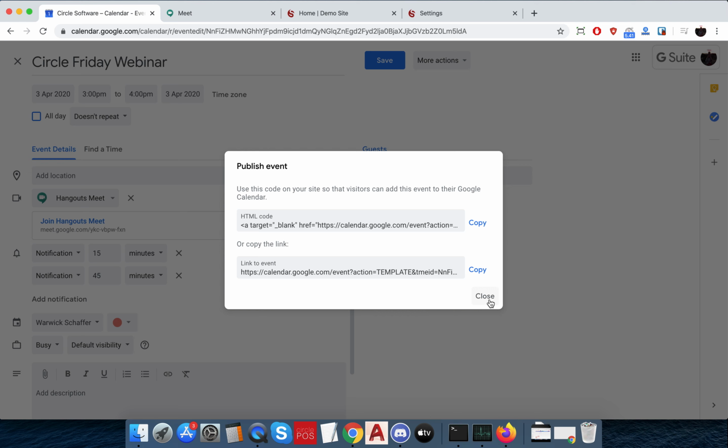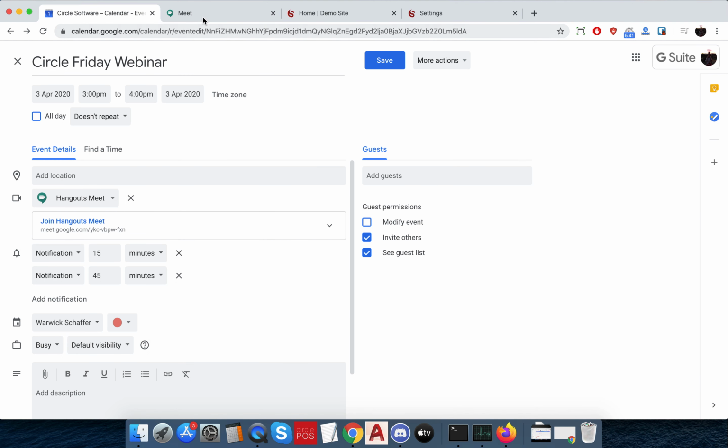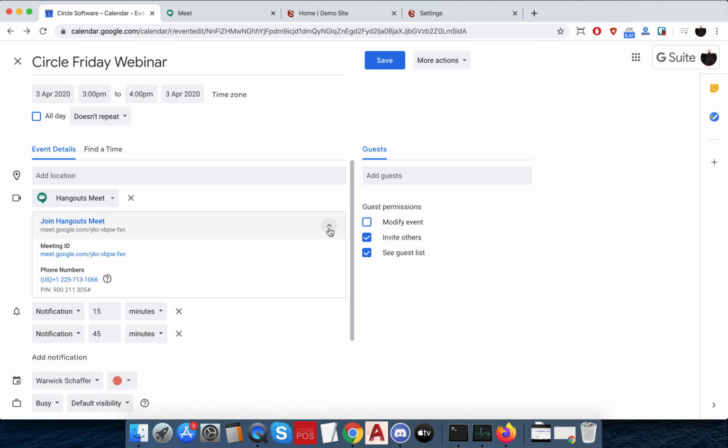link here to the calendar event that you can put into email now, and then yes, when someone clicks that, as I said, they'll hopefully get a calendar event created in their own calendar, and then they just need to click on the event and they'll jump to it. So the other thing here is the actual meeting event itself. So for those that don't have Google Calendar or it doesn't work,